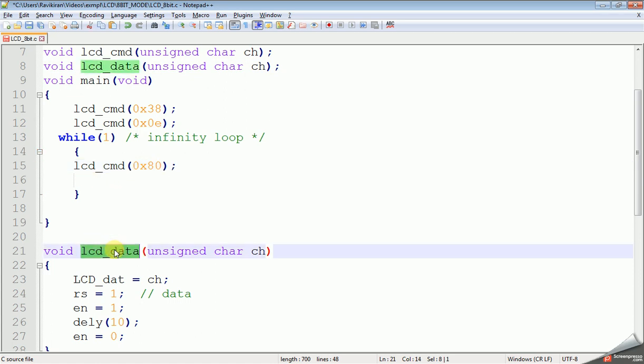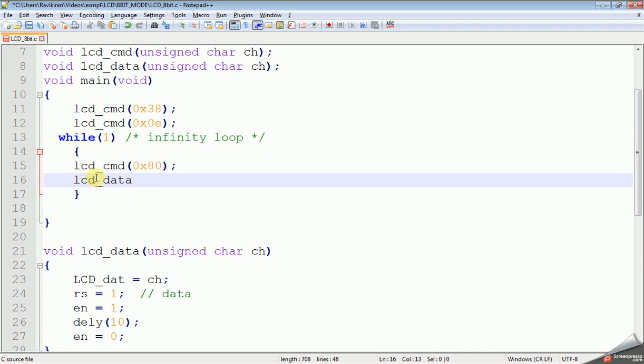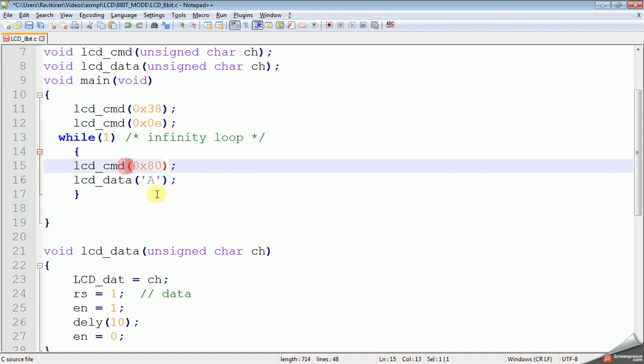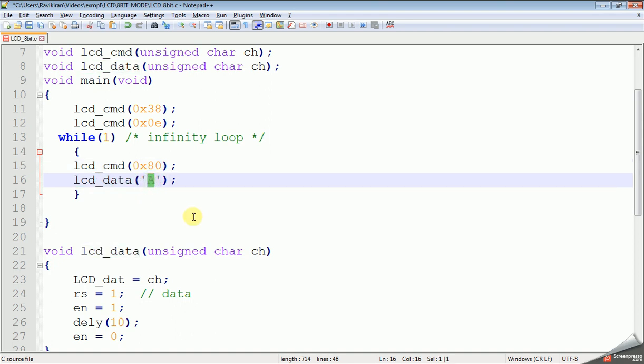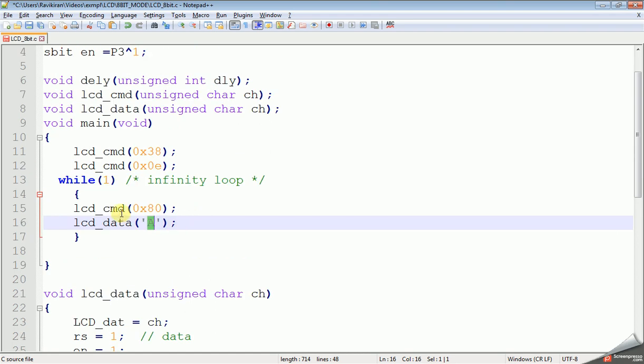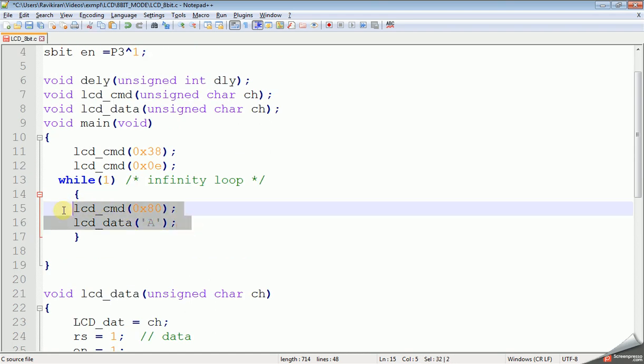Next we need to write the data after the command. Our data is the character A. We need to use single quotes to represent a character. This is a simple program to display capital A in the first row. That's our first program.